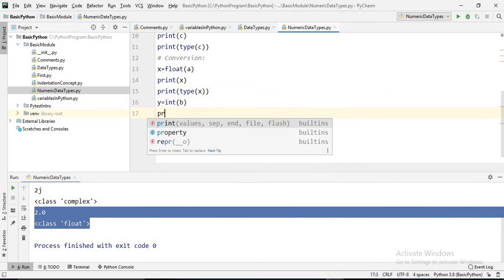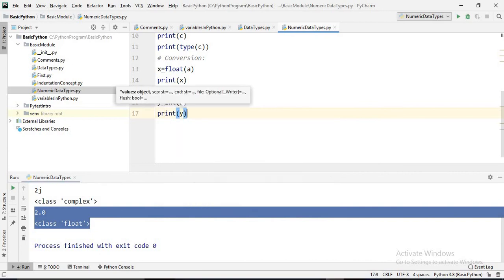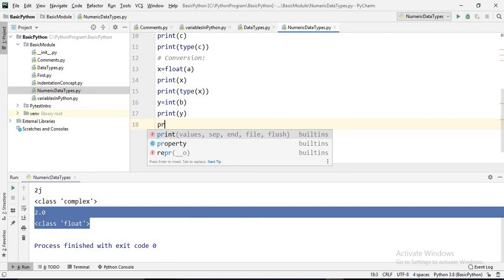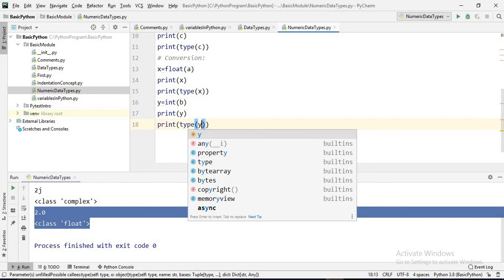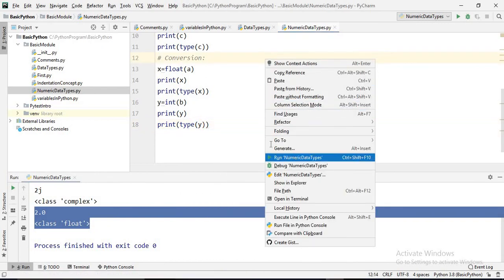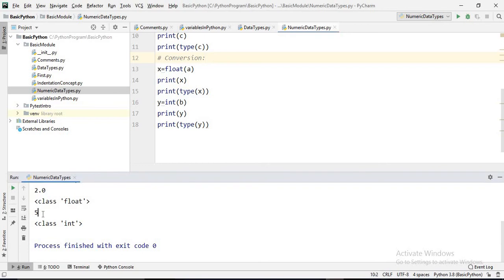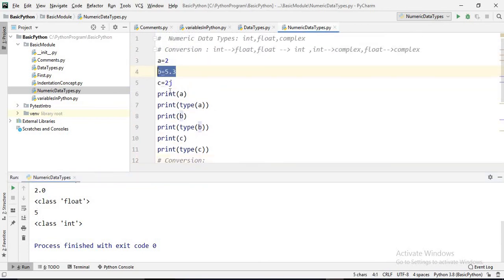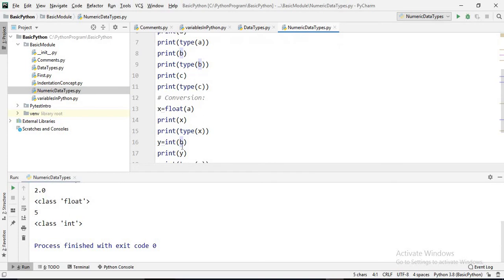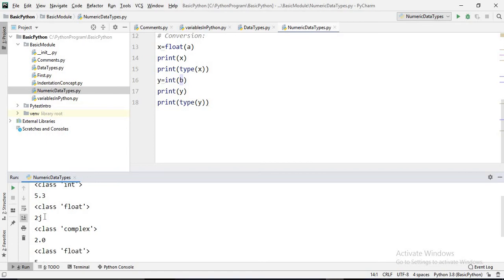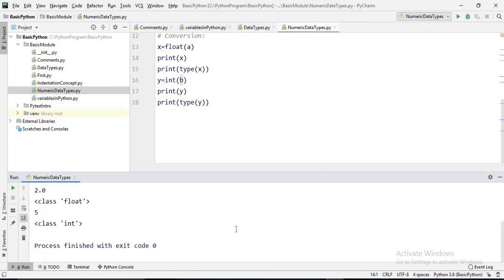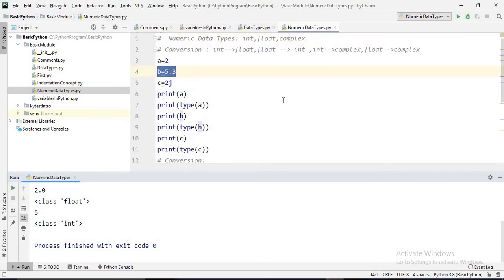Then print y and print the type of y. Now run this one. See, earlier it was 5.3, now it is 5, and it is converted into int. Here 5.3 was class float, and now it is 5, class int. This way we can convert float to int.